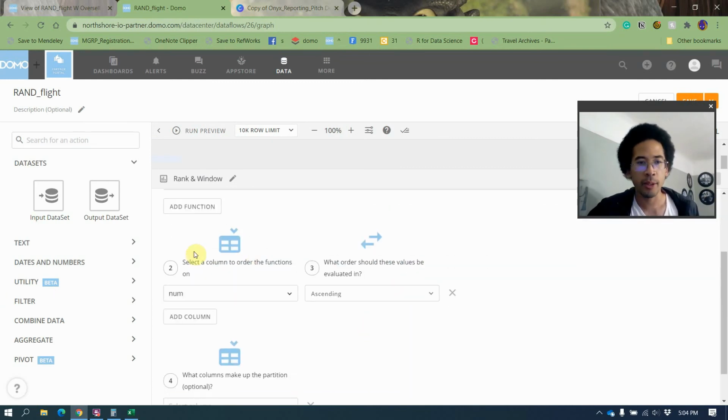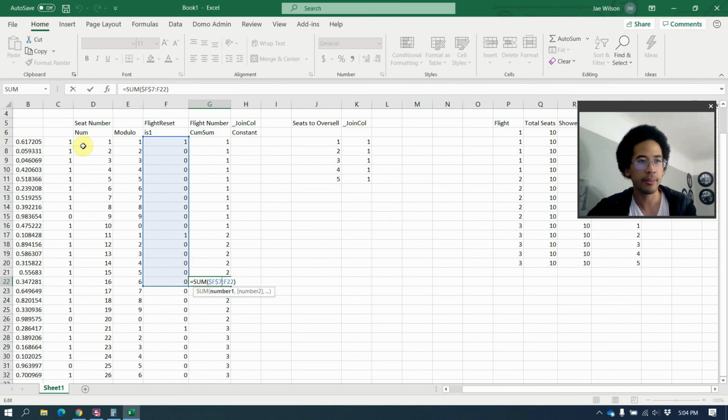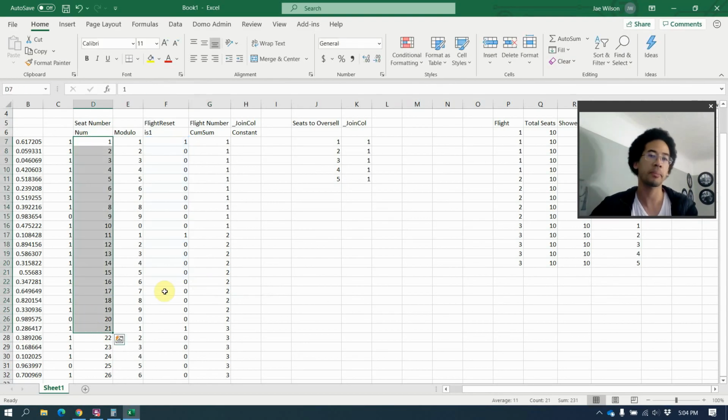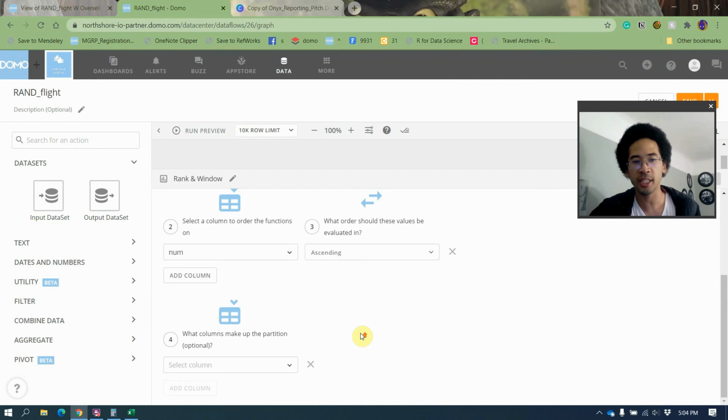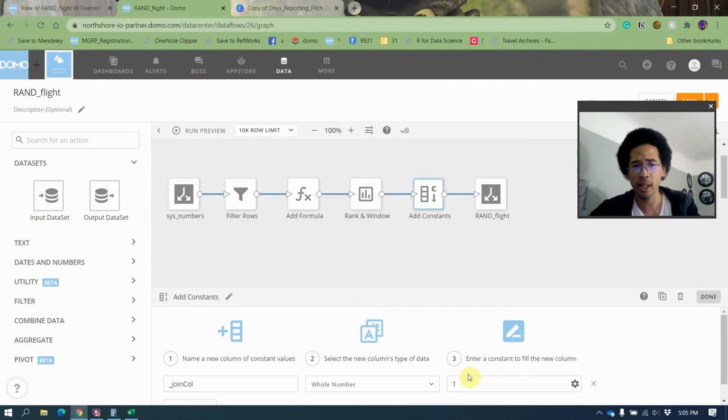Cool. You do have to define an explicit sort order when you're using the cumulative sum function, which is the number column. That's this guy here. But that's fine. So nothing changed there. And then I add a constant join column 1 equals 1, which we're going to talk about in just a second. So guys, Magic ETL 2.0 really has upped the game in terms of minimizing the number of clicks